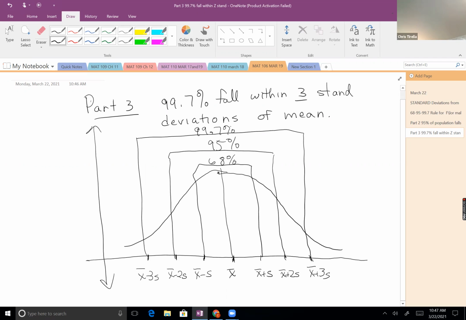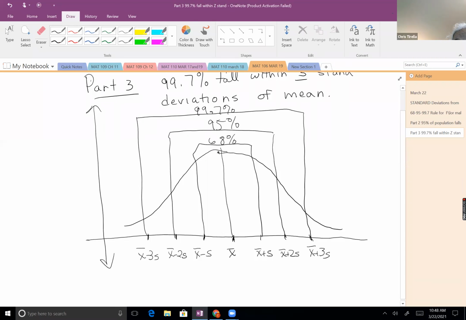We're not quite the full 100%. Almost everybody, but not quite. And so when I see something that tells me it's normally distributed, I use that 68, 95, 99.7 rule,